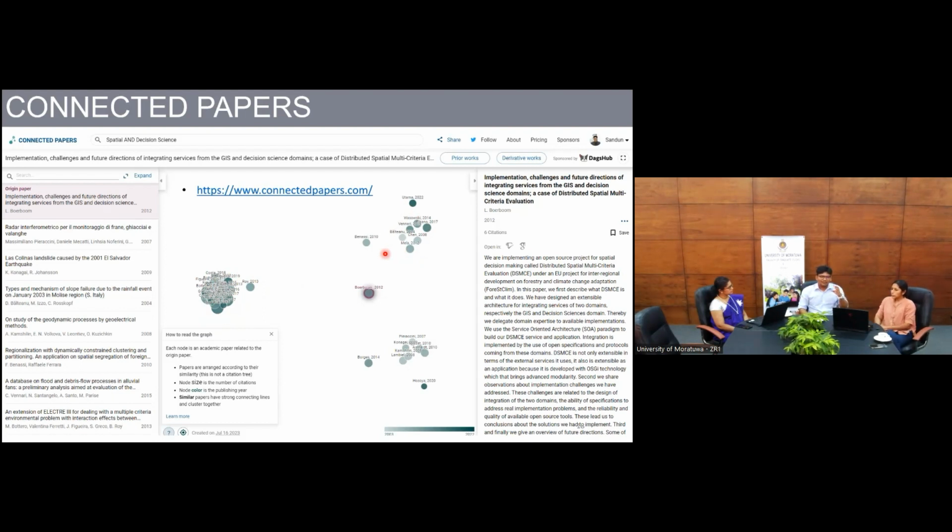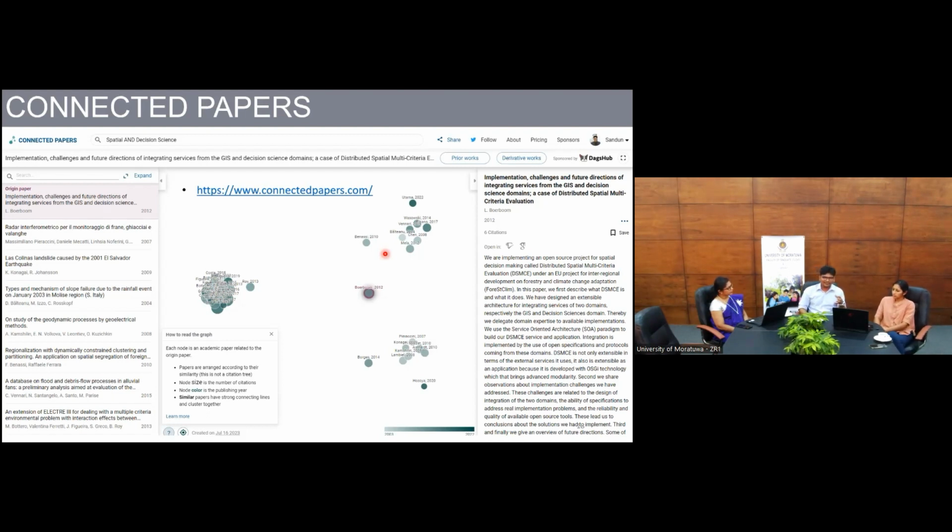Now, when we talk about research at the graduate level, we say that your research needs to be novel, and at the same time, it has to be standing on the shoulders of giants, which means it should be particularly related to a certain research domain that you are looking at. So the number of papers that you are citing or referring to as original papers should be really connected to the core of your research. Maybe there should be 15 to 20 papers that are really related to that domain.